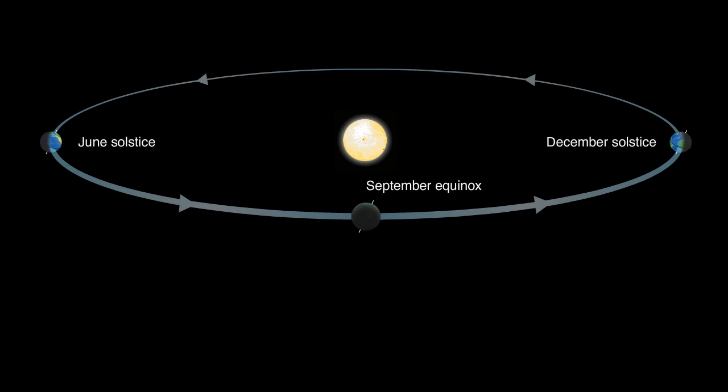Our final special point is the March equinox, when sunlight again strikes both hemispheres equally, and we again have 12 hours of daylight and darkness. The difference from the September equinox is that it is now the northern hemisphere moving into spring, and the southern hemisphere moving into fall. To summarize, we have seasons because our planet's rotation axis is tilted